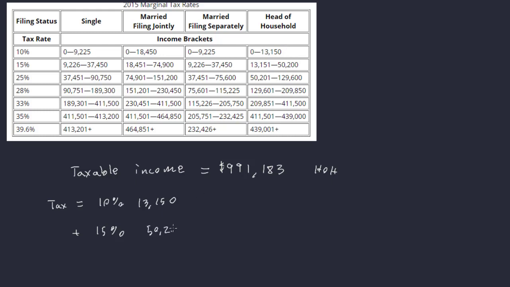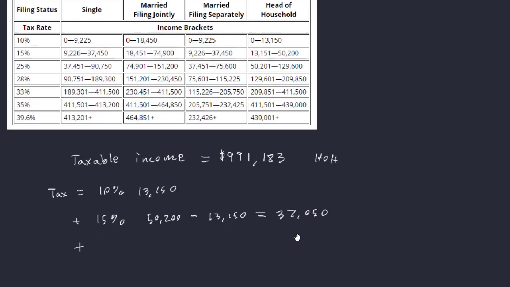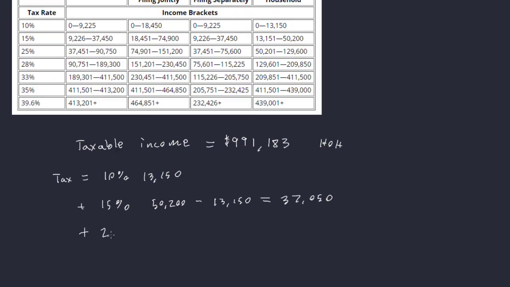It's going to be 50,200 minus this 13,150. So that's $37,050. Then it's going to be 25% of the next amount, so that's 129,600 minus the 50,200. Right, so that's going to be